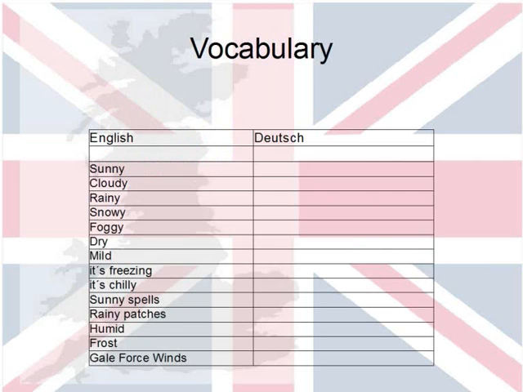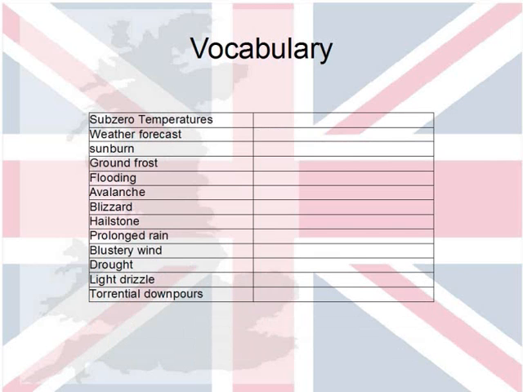So here we go. We have here on the left side the English vocabulary, and on the right side the German ones, and you should try to fill in the right side. And so you will, of course, probably have to look up some words. Some others are already in the brain, so we will see.